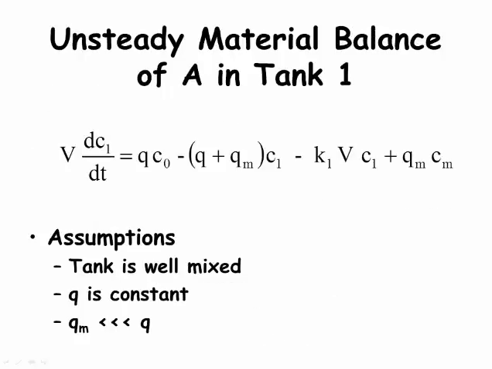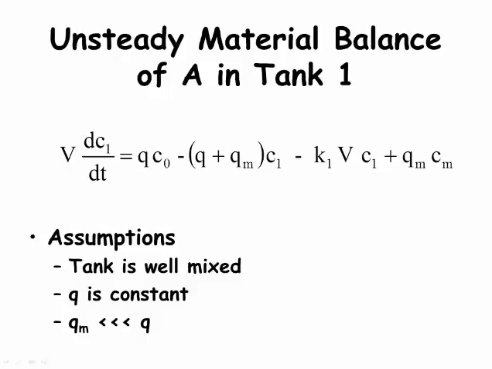Here is the time-dependent material balance for reactant A in tank 1. The term on the left side of the equal sign equals the change in reactant A concentration with respect to time. Since we will assume that the tank volume V is constant, we can take it out of the derivative term. The first term on the right side describes the amount of reactant A that is entering tank 1 from the steady flowing input flow Q, but uncontrolled concentration C0.